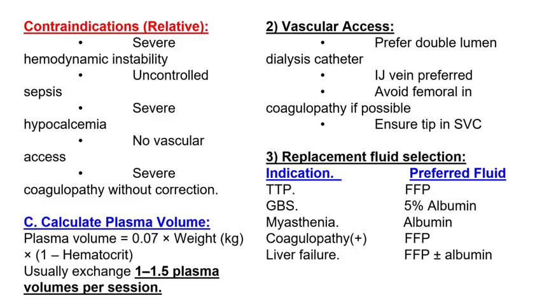How much plasma volume should be exchanged? Plasma volume is calculated by 0.07 into weight in kilogram into 1 minus hematocrit. Usually, the exchange should be 1 to 1.5 times the plasma volume per session. Vascular access, preferably